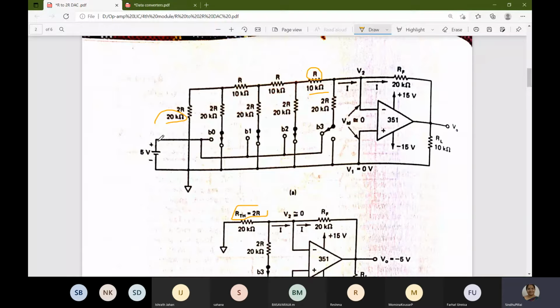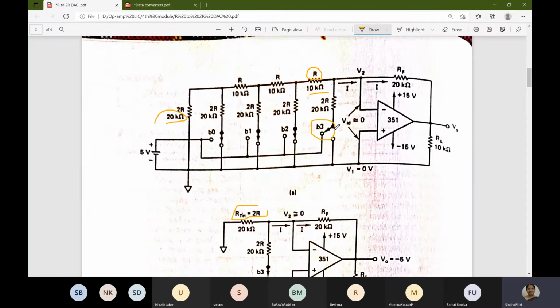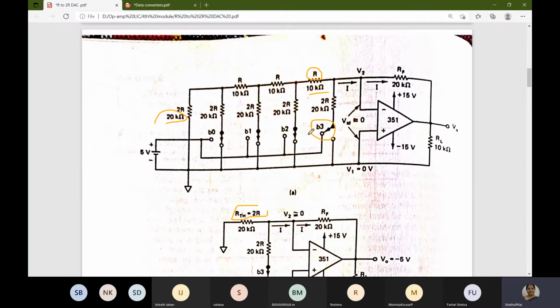So one is high and the other is low, and as you can see in the diagram, B2, B1 and B0 are connected to ground, that is negative. Only B3, see this is the switch, only B3 is connected to plus 5 volts. So only B3 is high, and B3 is the most significant bit and B0 is the LSB. And all the 2R networks are taken for the 4 bits. You can go with n number of bits. Here we have taken an example for 4 bits.